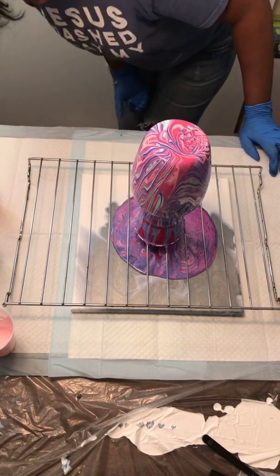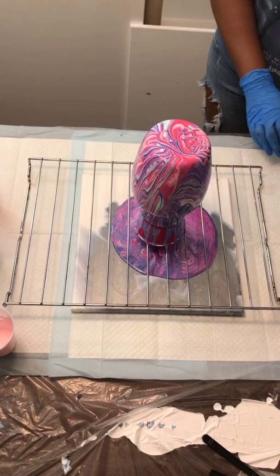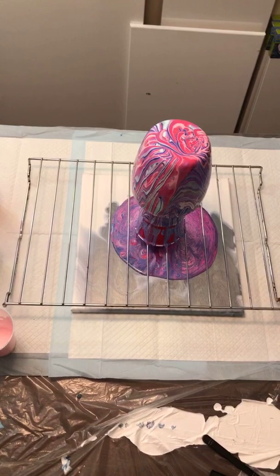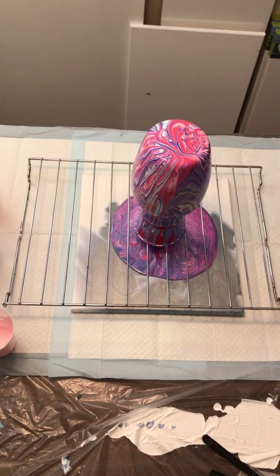So this is really nice also. I'm not sure if people were team white or not. Let me see what your side looks like. And I will turn it around so you can see what I was seeing. Yeah, so it's really nice. It's not